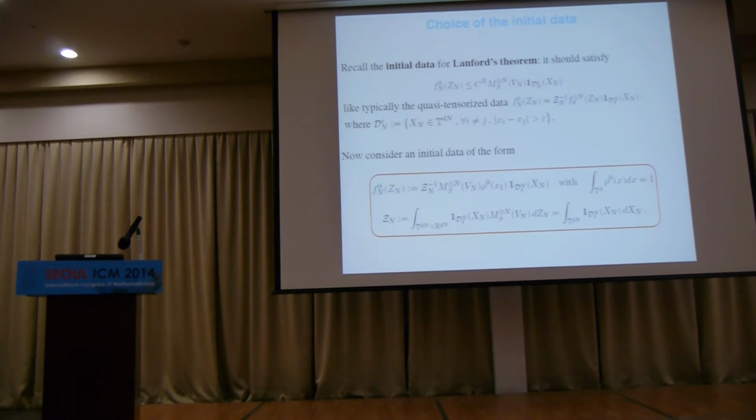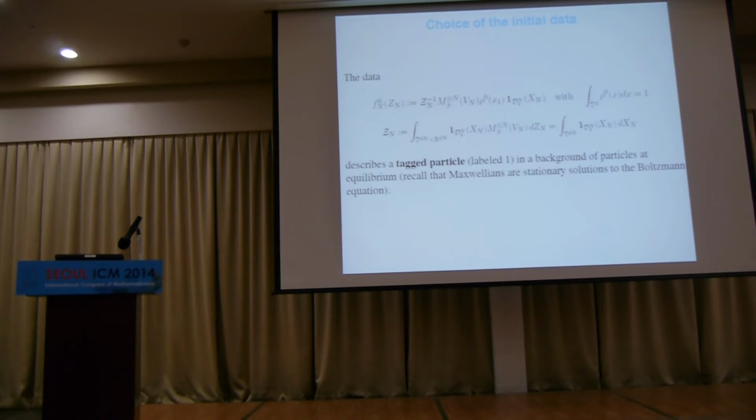Now what I want is just one particle, and everything else should be a Gaussian. So I'm just going to decide that particle number 1 has a different density. Okay, so I'm going to take n Gaussians, they'll have density 1, and this particle number 1 has density rho 0. Okay, and that's my initial data for the particle system. That means I'm looking at one tagged particle, I decide it's labeled 1, and I've broken the symmetry here. The particle 1 is different from the others. So Fn will be symmetric with respect to every labeling except for 1. Okay, so I have a tagged particle, tag 1, in a background of particles at equilibrium, and that's my initial data for the particle system.